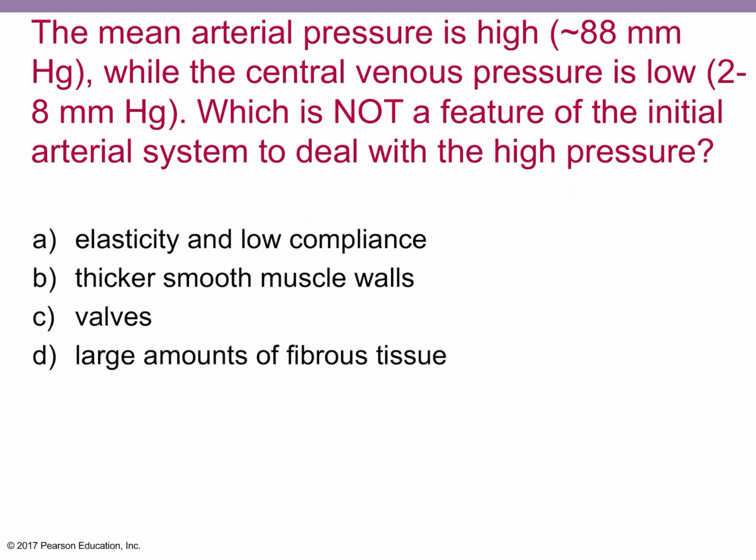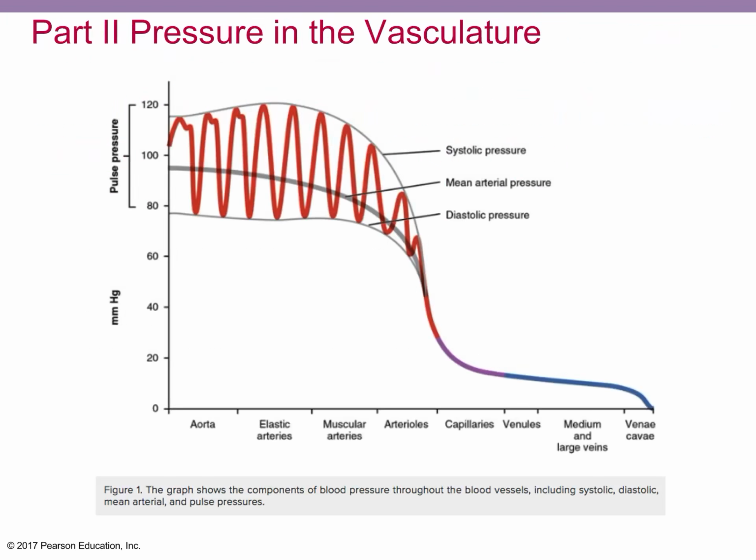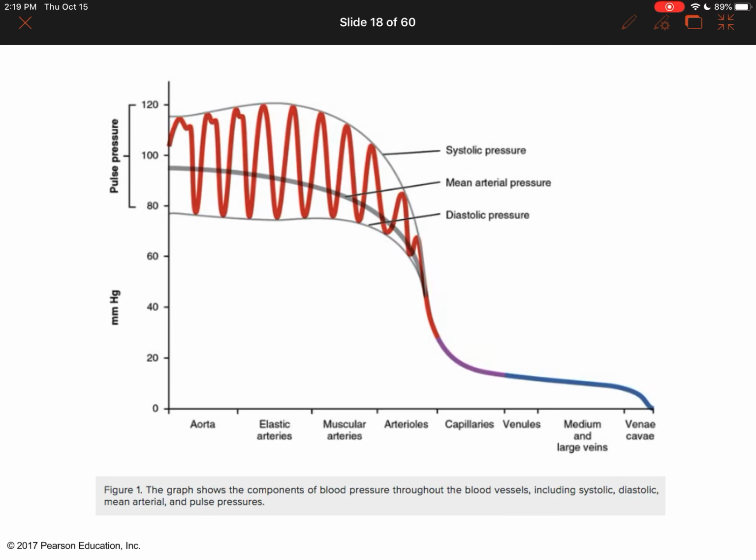The mean arterial pressure is high, about 88 millimeters of mercury, while the central venous pressure is low, about 2 to 8 millimeters of mercury. Which is not a feature of the arterial system to deal with the high pressure? The choices here, and that would be your valves. That's definitely just a feature of veins. All right, so